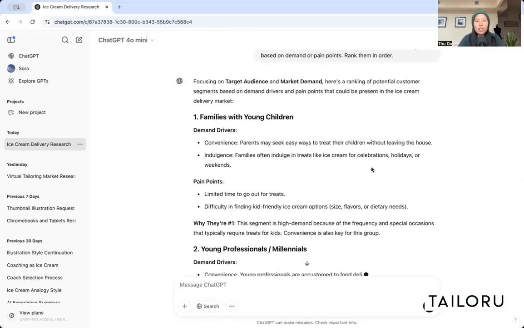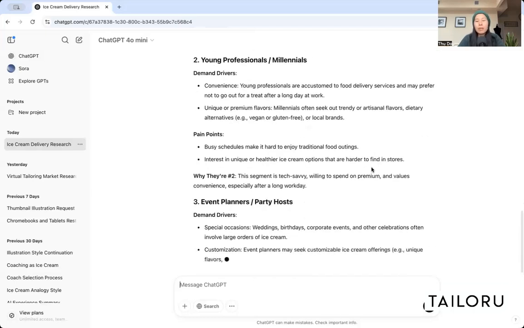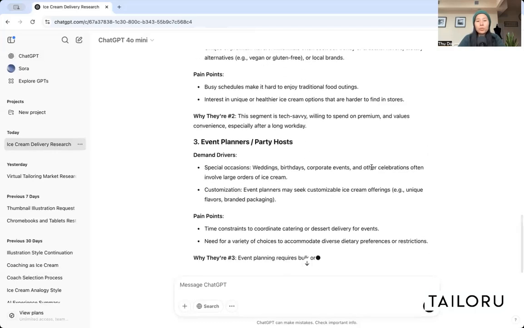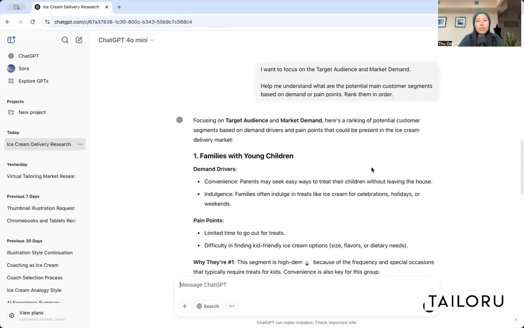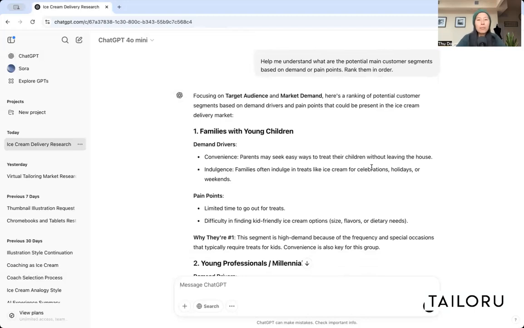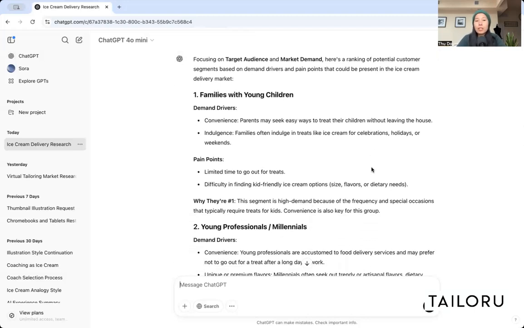I see families with young children, young professionals and millennials, event planners, and party hosts. And I'm starting to see some of my gut feeling coming through for the first customer segment around convenience and indulgence. The pain points are limited time or the inconvenience of going out, and difficulty in finding kid-friendly treats. Convenience is also a big driver here. And then for young professionals and millennials,